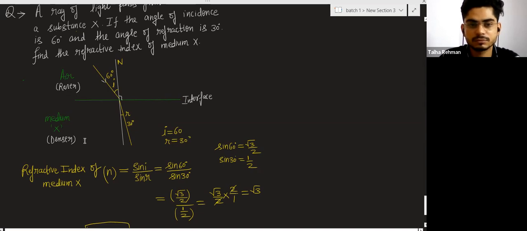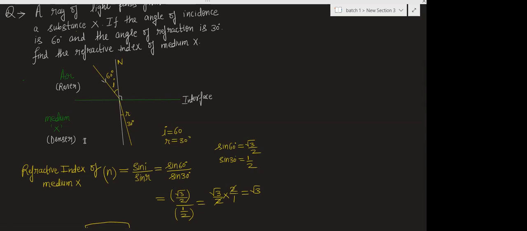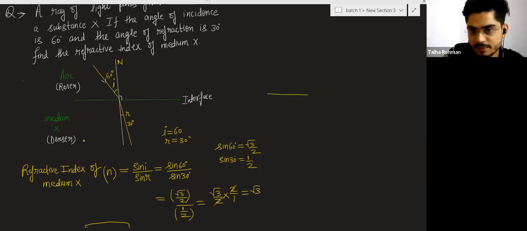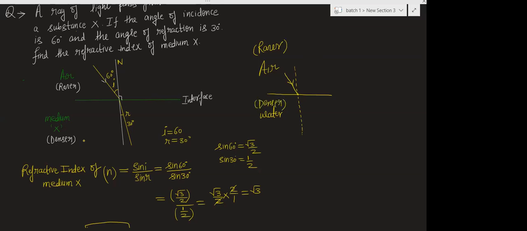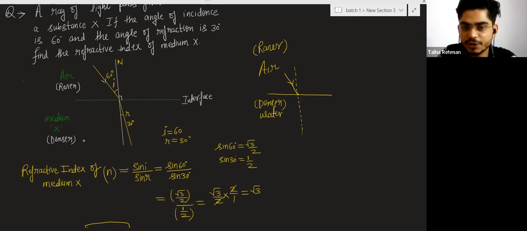Sarah? Yes, sir. Suppose here is a medium, and here is air and here is water, and the light ray is traveling from air to water. What will you do first? You will always draw the normal. I have told you air is a rarer medium and water is a denser medium. You can check your notes. Whenever a light ray travels from rarer to denser medium, it will bend towards the normal.